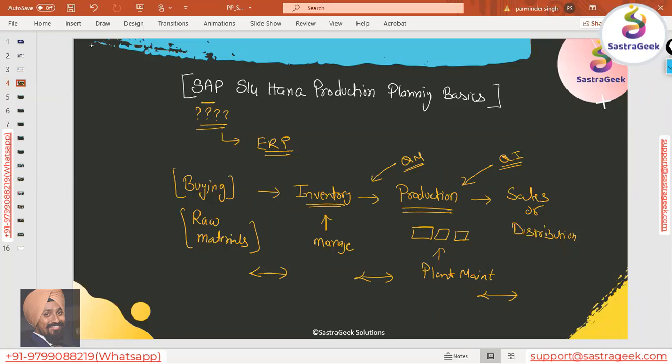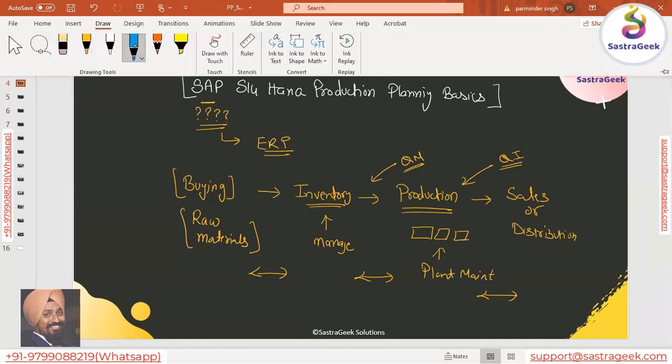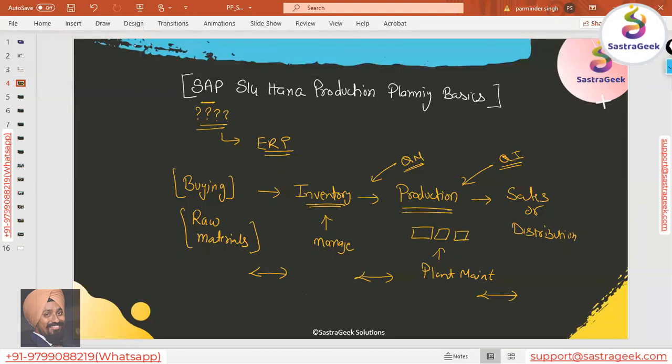So in an industry, I want to manage my sourcing, procurement, my buying operations, I want to manage my inventory, I want to plan my materials, I want to plan how the production happens, how the manufacturing would be happening, everything all together. This would be linked with one very important thing, your finance.